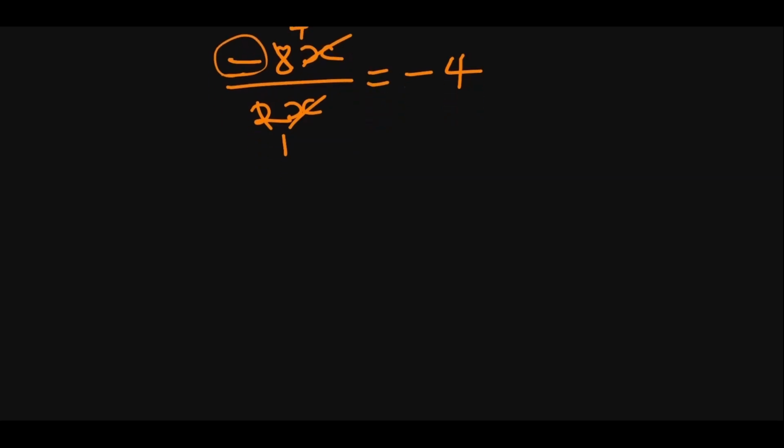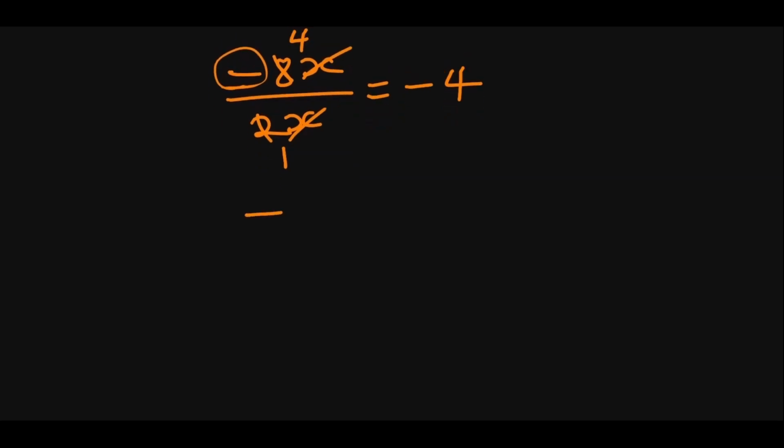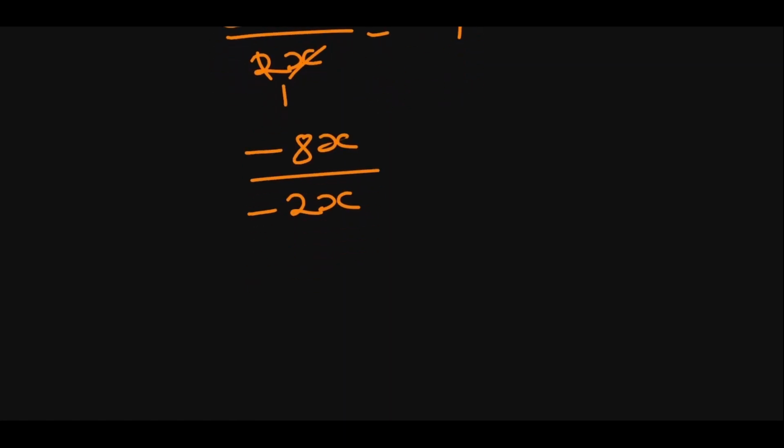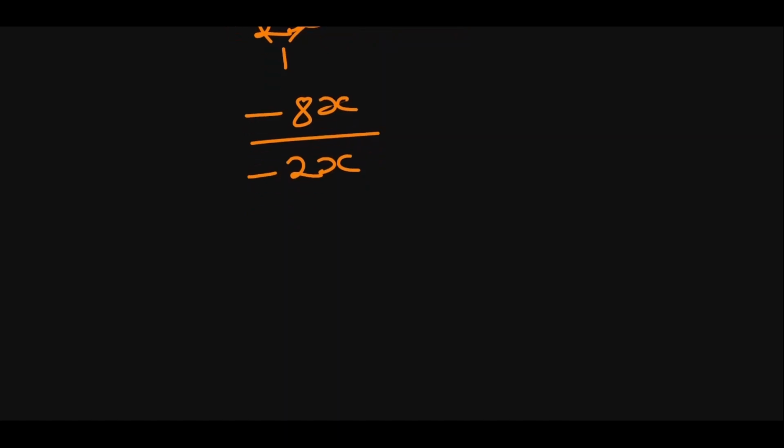But just like in multiplication, if we had minus 8x over minus 2x, that is, the minus is up and down. In multiplication, we say the two numbers multiplying themselves have the minus sign. In that case, minus times minus is plus. So in division, it's the same thing. The minus will cancel the minus up and down. Then x will cancel x. Then 2 here 1, 2 here 4. So the answer here becomes 4. So you see that similarity between multiplication and division because they are from the same family. So that's what we see here as well.